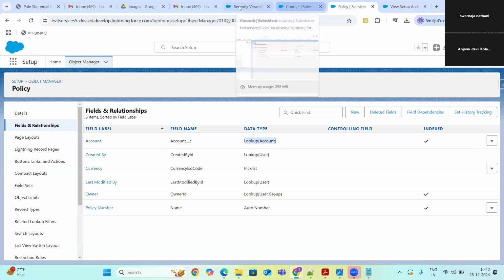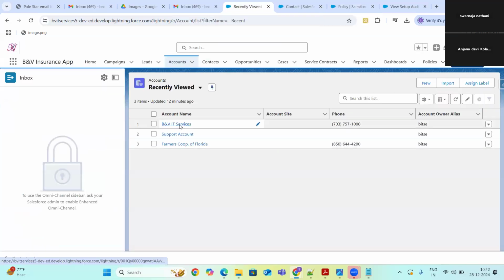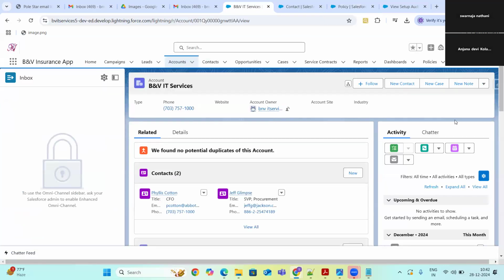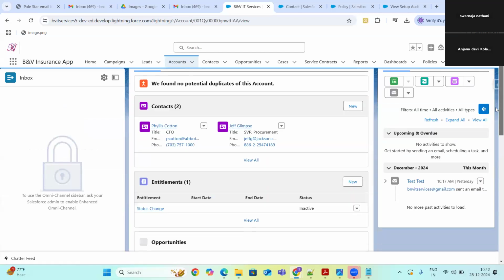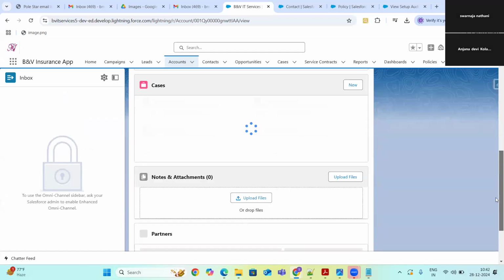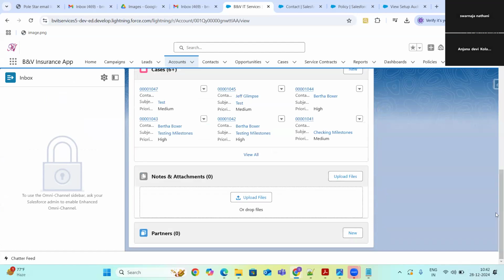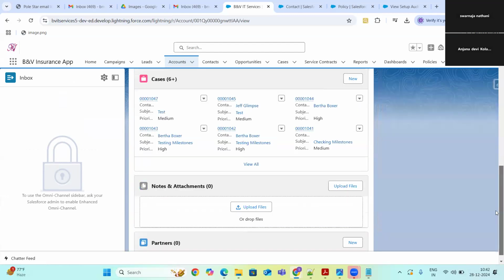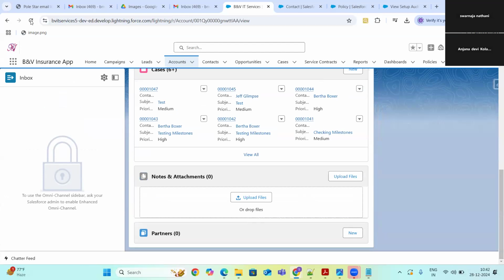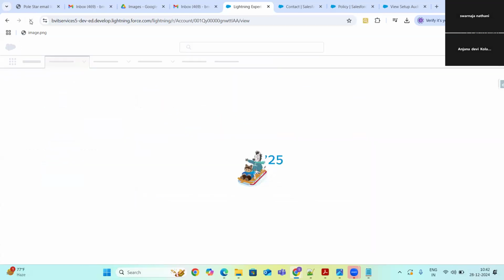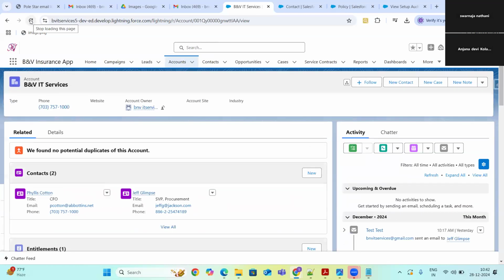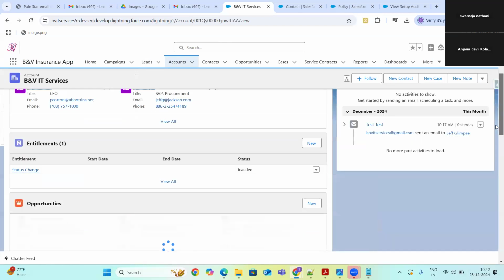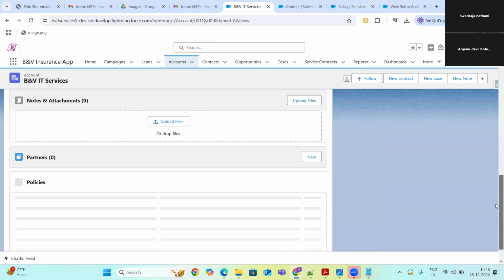If I go to my account record now, like previously we were seeing contacts and opportunities, I expected to see my policies also here, guys.